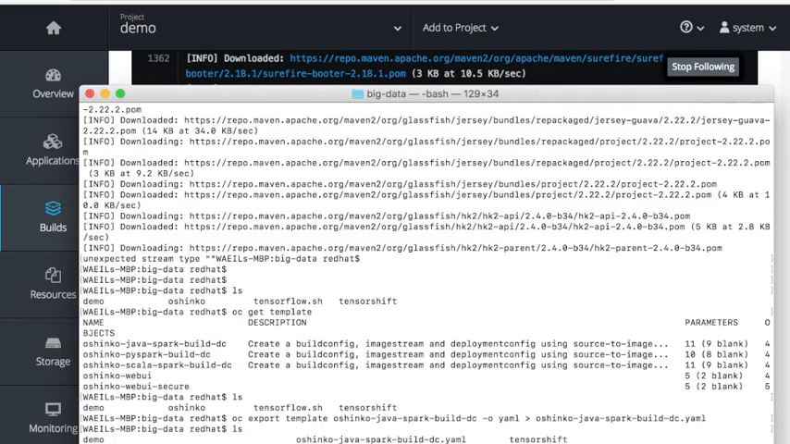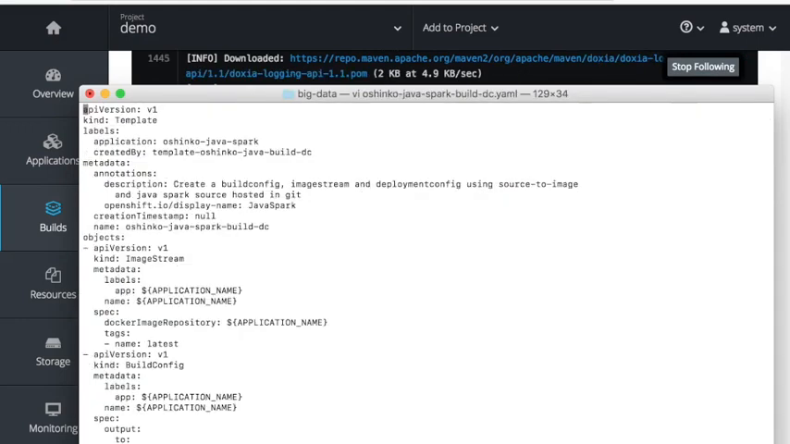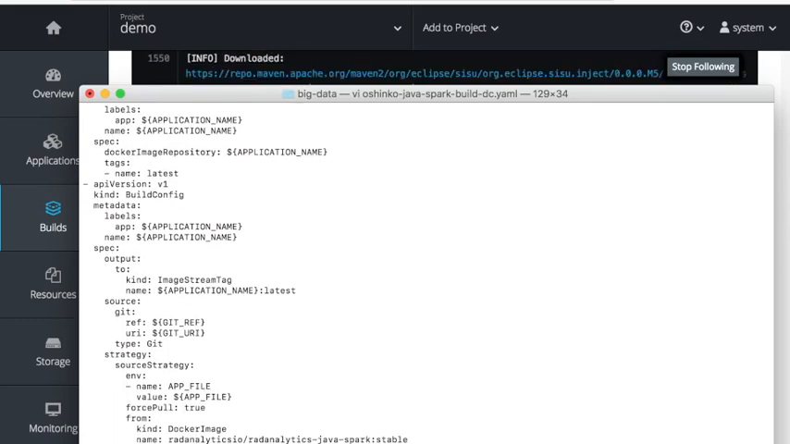Very good. So we got the template. If we open the template, looking at the template, the first API or the first object in this template is the image stream, and this is again the image stream after packaging the jar file inside the base image, and this is the build configuration. As we can see, this is a build configuration, and these are the parameters we passed through the